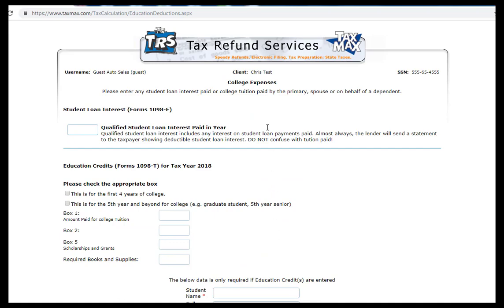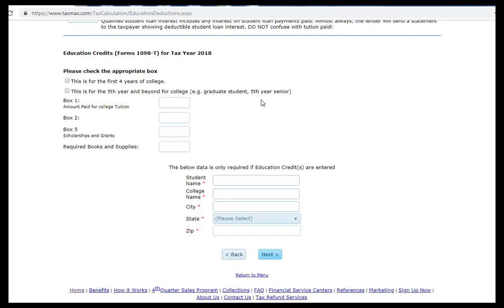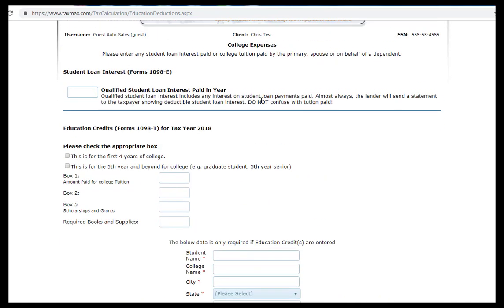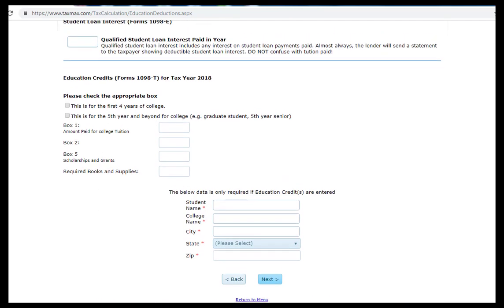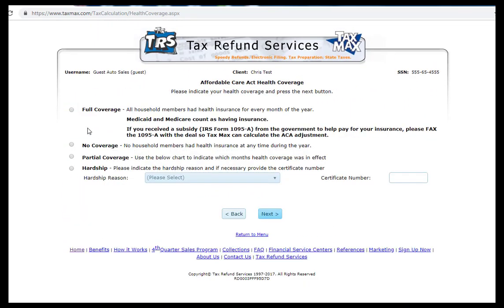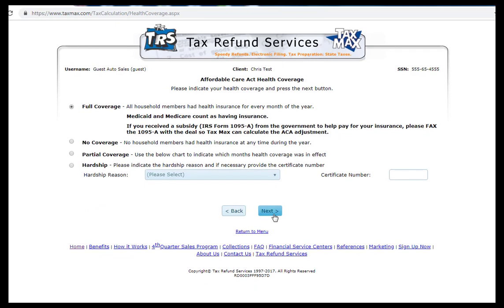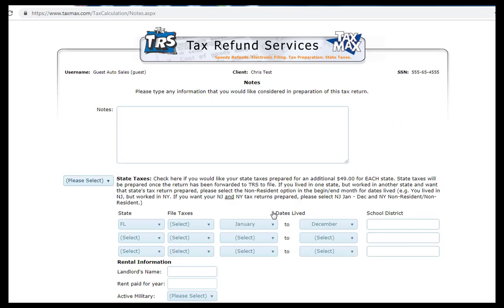On the next page, you may enter any student loan interest paid. Also, you may enter any college tuition and expenses paid in the most recent tax year. Please note that a Form 1098-T is required. To continue, you must answer the Affordable Care Act health coverage question. If the customer would like to have their state tax return filed along with their federal return, indicate it here